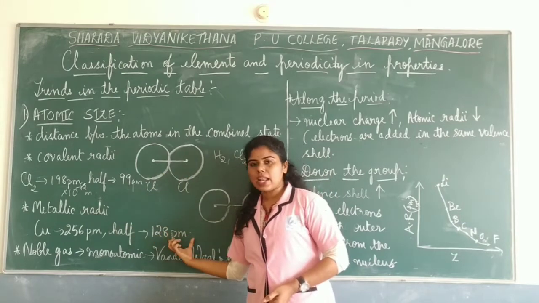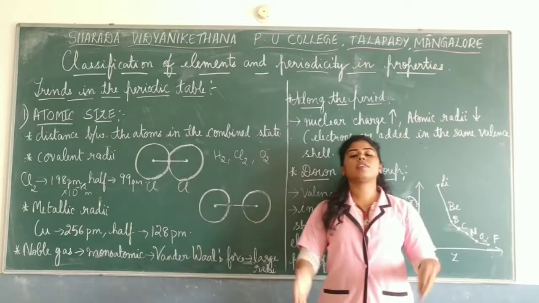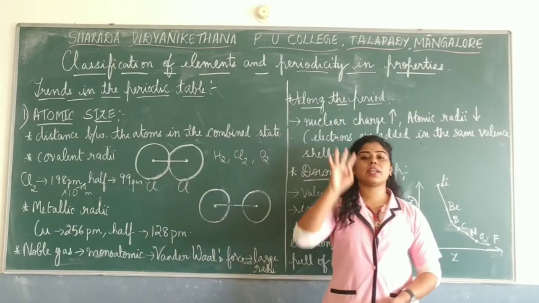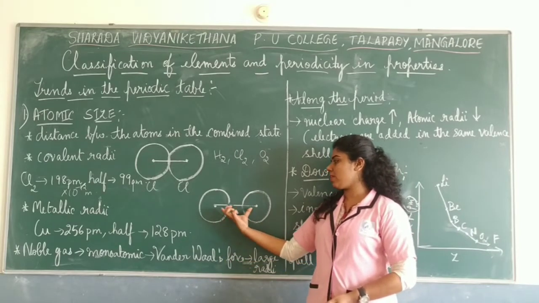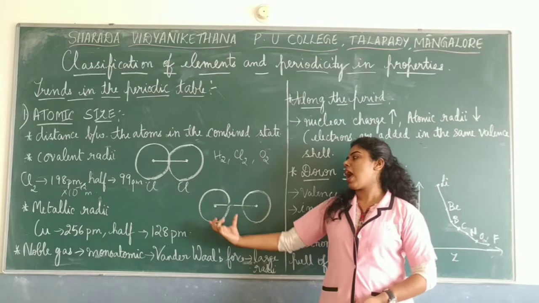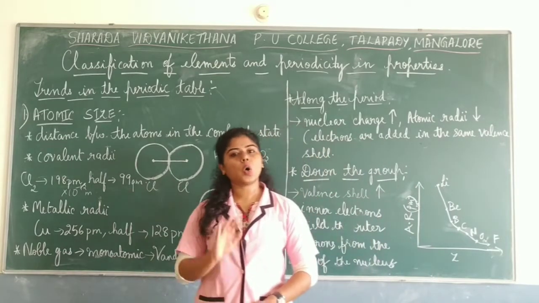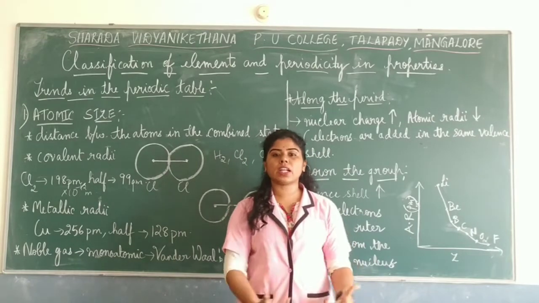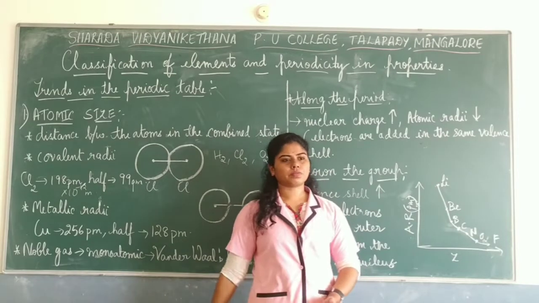If it comes to the metal atoms, then it is metallic radii. If it is noble gases, the size of the radius is very large as they are present in the gaseous state, and also they have some slight force of attraction wherein you can take the distance, and that is why their radius is said to be larger. Hope this is clear. What is atomic size? Got to know. How do you find it out? So usually it is done by spectroscopic methods.